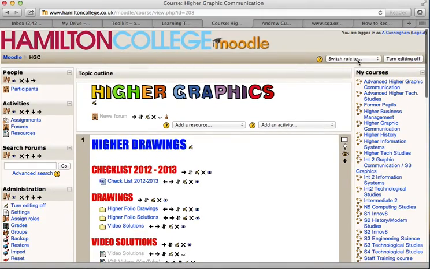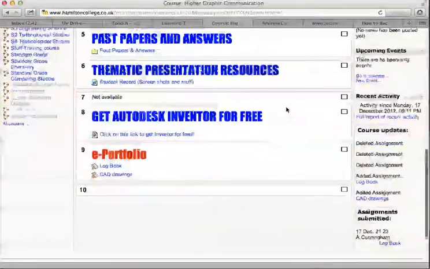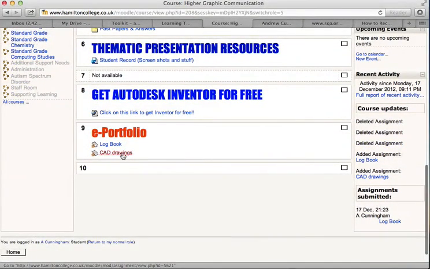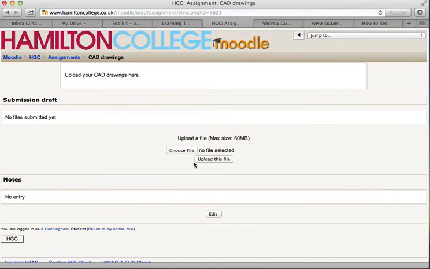So let's change the role to student, just to let you see what they would see. And they would see this, and click on CAD drawings, and it says there choose file. So there's no file submitted, as you can see here. There's no notes, and this is blank as you would expect. So I'm going to click on